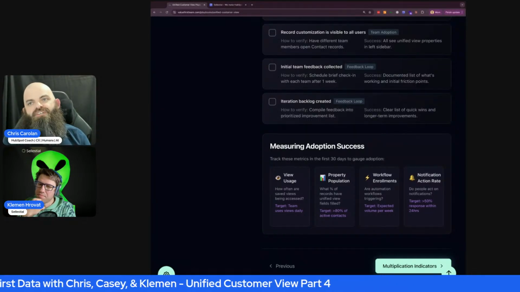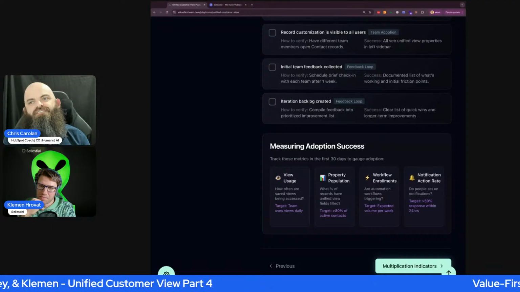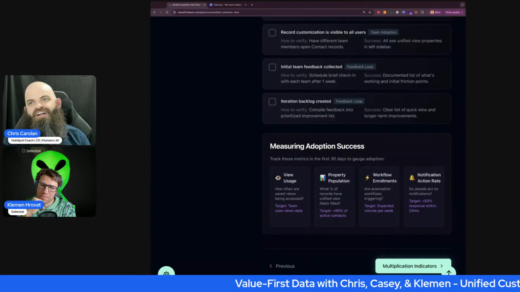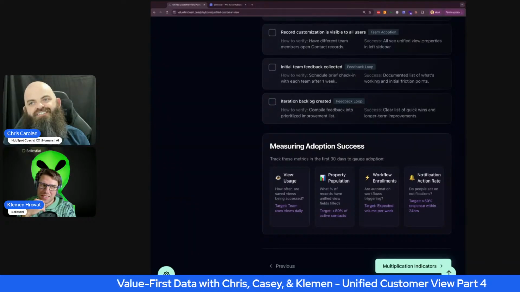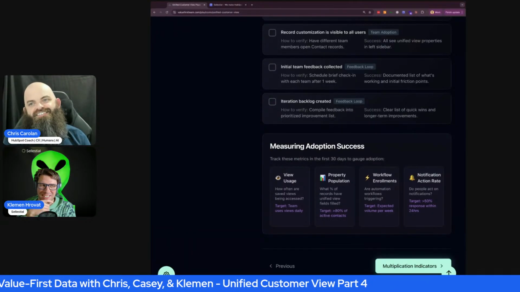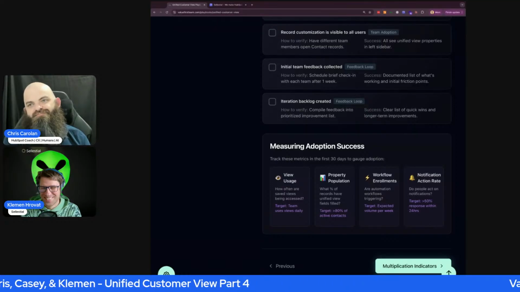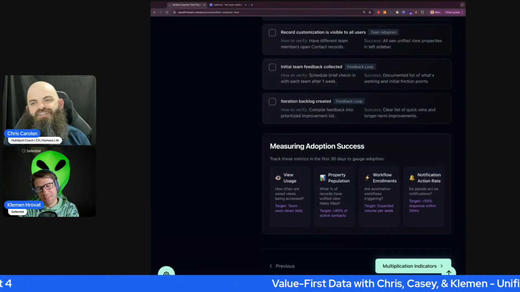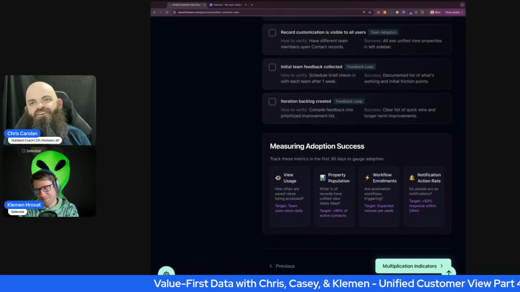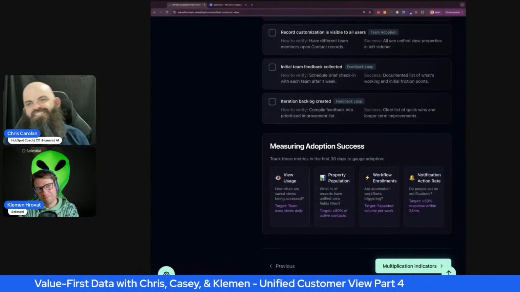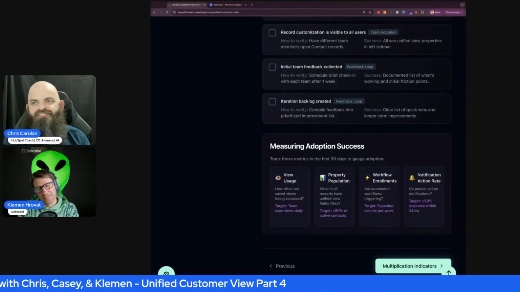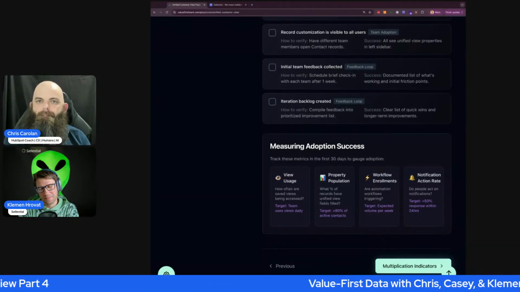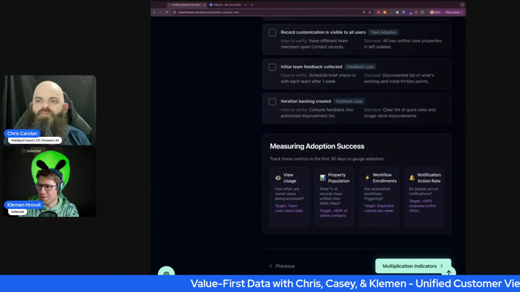We've got property population, workflow enrollments, notification action rate. That's an interesting one. Do people act on notifications? Again, that's another conversation. We just said you don't need notifications. Right. But sometimes people will ask for specific ones, right? And it's going to be hard to see, okay, did you open the notification emails? Did you click on it? Now it's another conversation, that goes back to last week's discussion and my point of view for notifications.